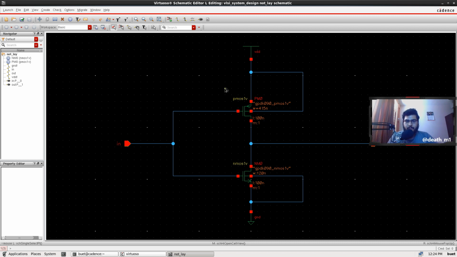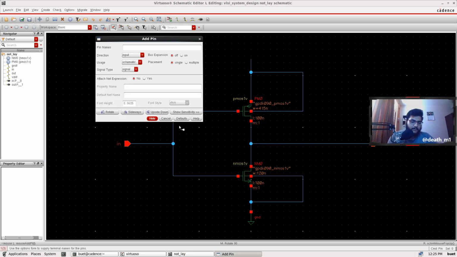Now you have to basically remove this VDD, because Cadence does not accept this VDD once it is there in the schematic. For the layout part, it accepts only these pins. So you have to replace this VDD with the VDD pin,